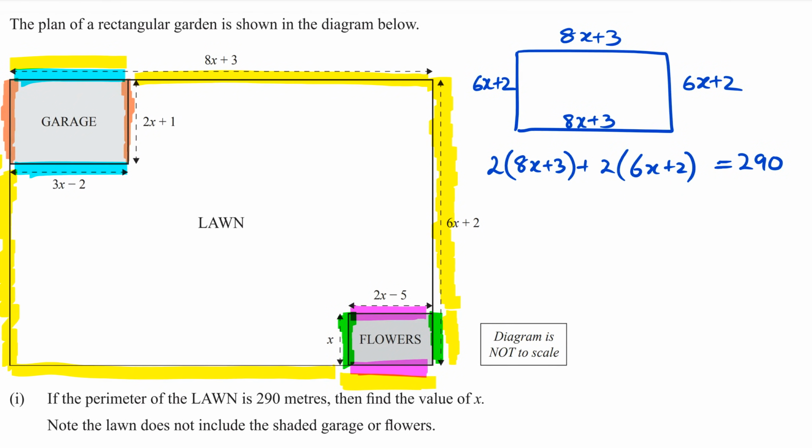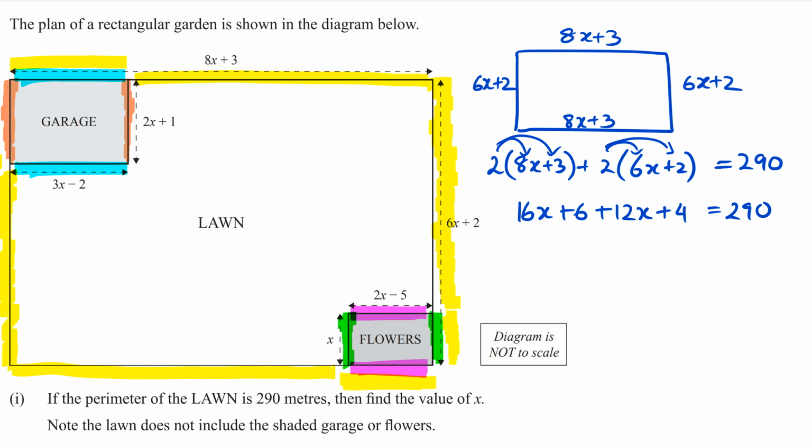I'm hoping you guys got that, how I did that little trick. It's just a lot easier to show in front of you live. But this is what we have to work with right now. So once we get that, we expand the bracket. So we've got 16x plus 6 plus 12x plus 4